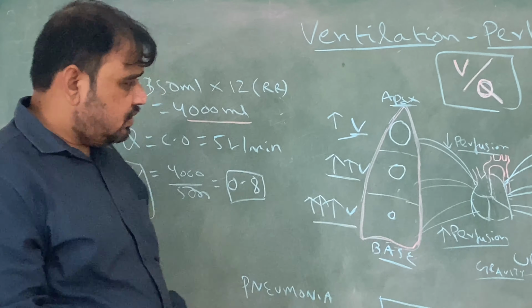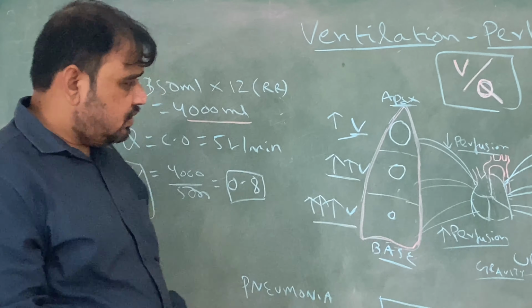Now coming to the size of the alveoli, which I mentioned. You can ask, sir, the alveolar size is very small here, but our ventilation is more here. That's the answer. Since this alveolus is small, it has the capacity to expand. It is not one alveolus, I have just drawn it single for understanding. Only when the alveolus expands will it have the capability to take in more oxygen, which is its function.